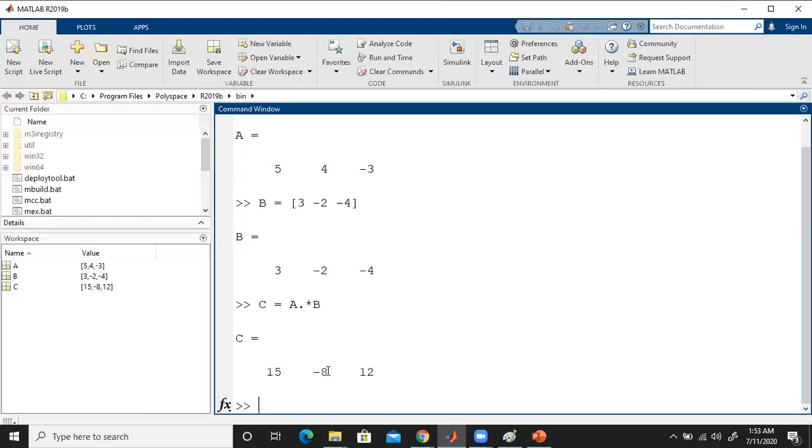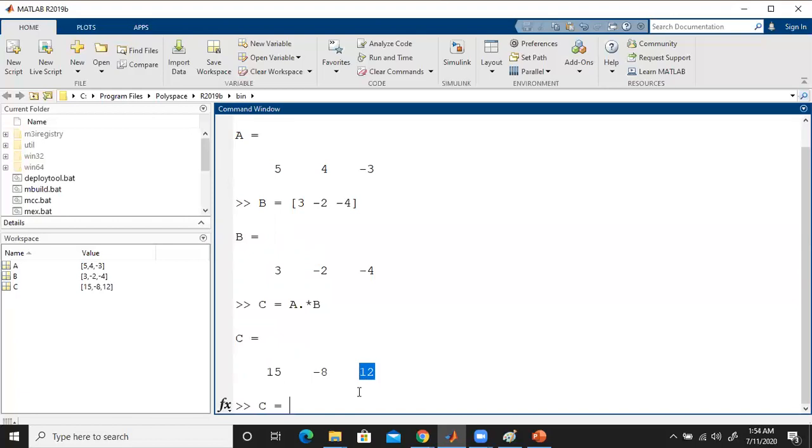Now these components have to be added so that we get the resultant. So we assign the result to C again. C is also a vector containing 3 elements: this is the first position element, this is the second position element, this is the third position element.